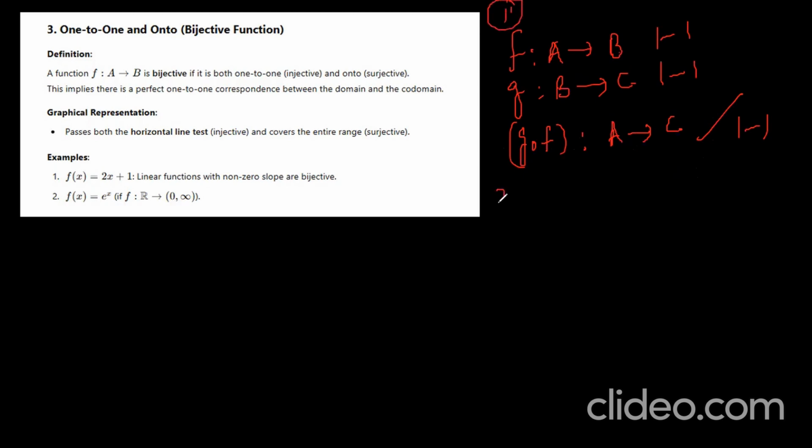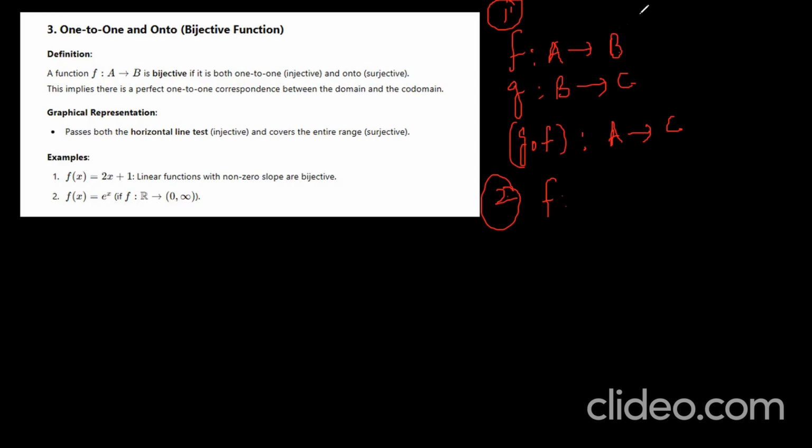And the second point is I am taking two onto functions. Let me write here itself. I am taking f maps A into B is onto, and g maps B into C is also an onto function. Then g circle f, the composition of the two, is also onto. Okay. This is also possible. Next, let me take the other one, the bijection, now. What happens in the case of a bijection? Whether it is satisfying or not.